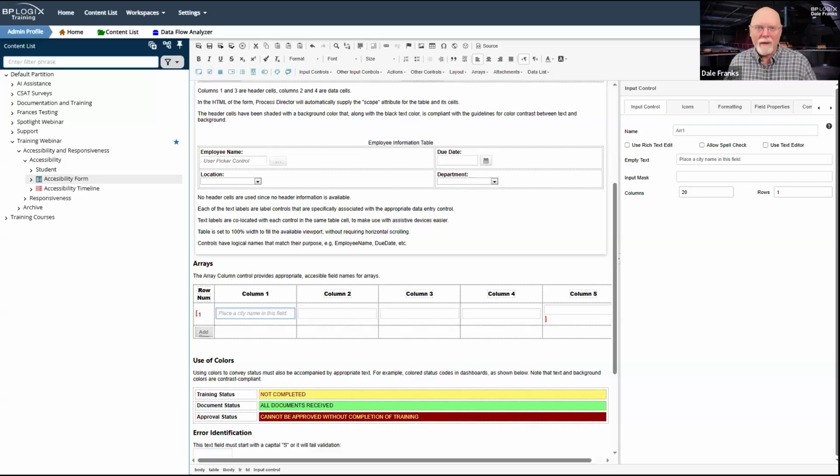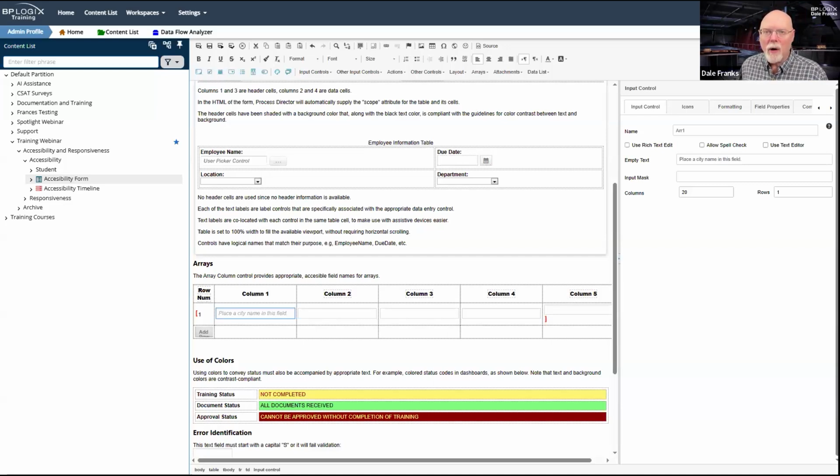Agencies that serve more than 50,000 citizens must be fully compliant by, I believe, April 27th, 2027.